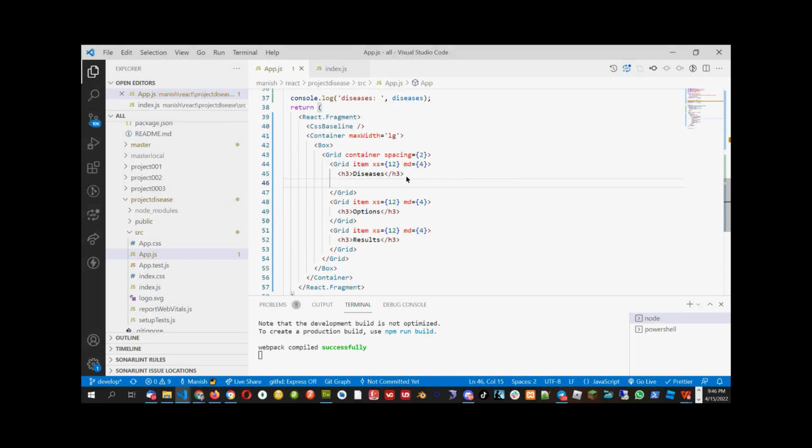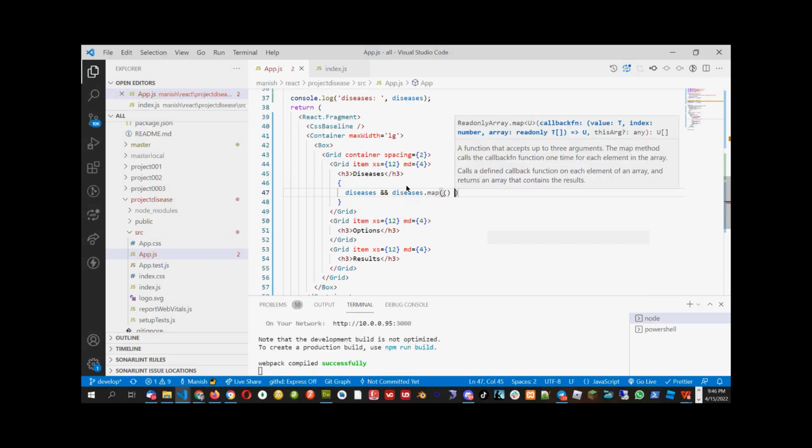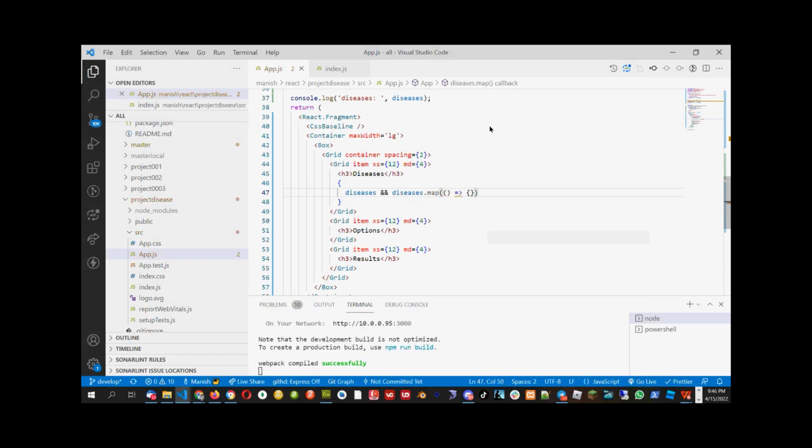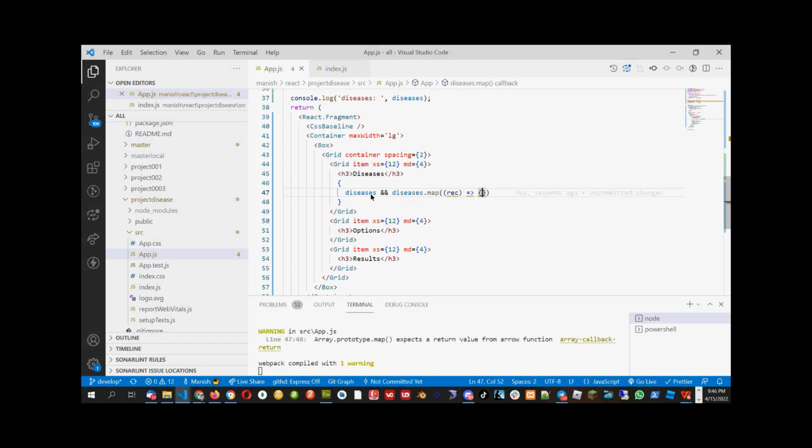Okay, now we will loop through the diseases, and this diseases is an array, and I will loop through it here using the UL and LI tag, with no special design. So before I even loop it, I will check if diseases exist. Then I will loop it using the map. Okay, so I will loop it through the map. Here I will say rec,